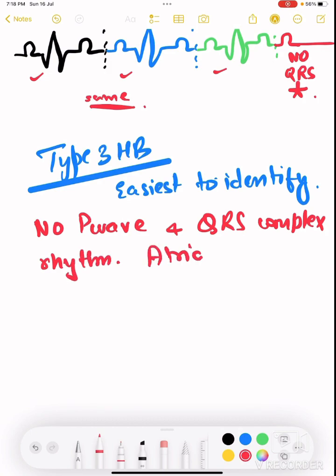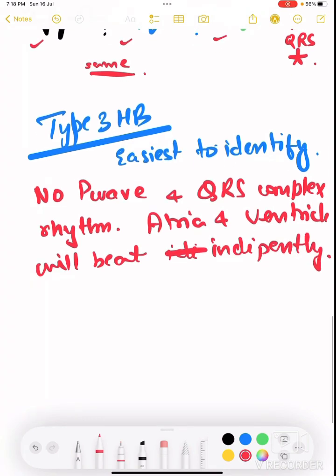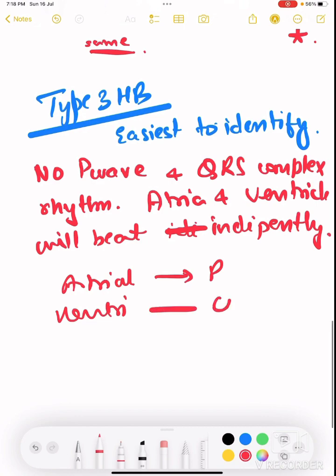Means atria and ventricle will beat independently, which means that the atrial contraction actually produces the P wave, we all know, and ventricular contraction actually produces the QRS complex,